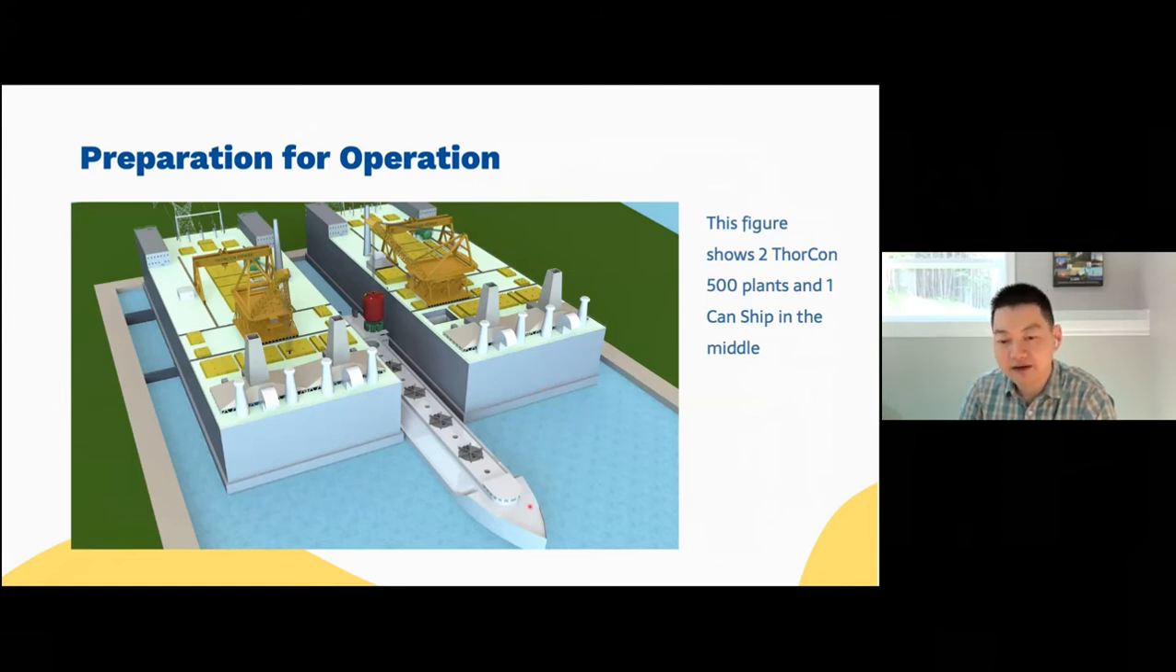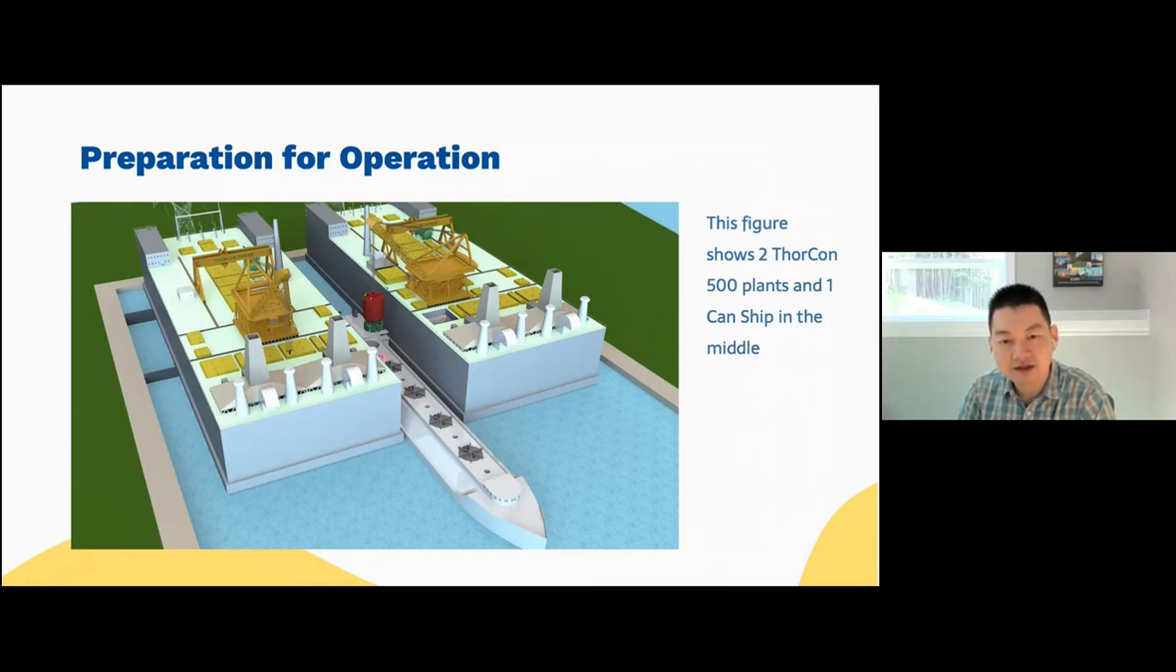And then we'll have a can ship, which you can see in the middle. The can ship will transport the cans, and also it will transport the fuel. So this small hole here shows the position to hold the fuel shipping cask. As you can see, you have to load the can from the ship into the power plant, and then